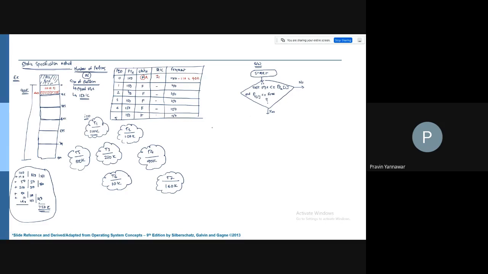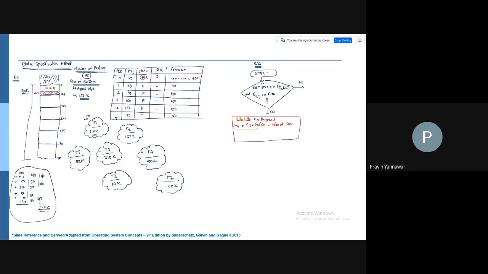If it is satisfying the criteria, what we are going to do is calculate the fragment as size of partition minus size of task.